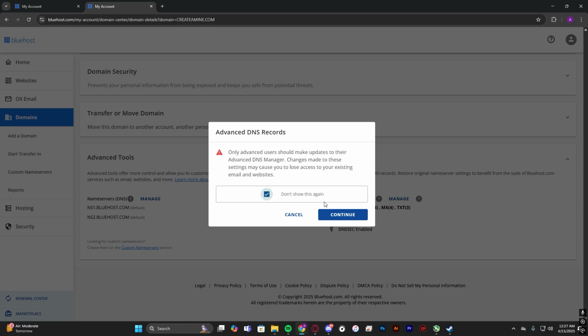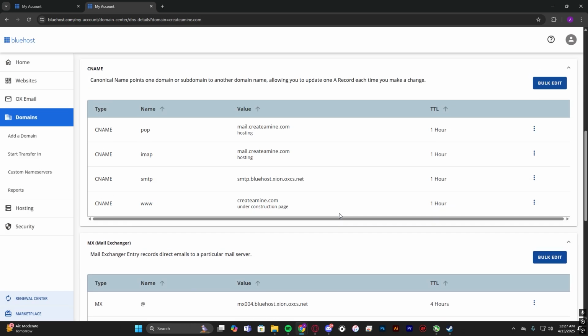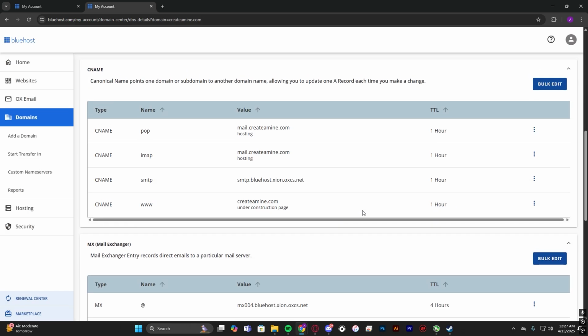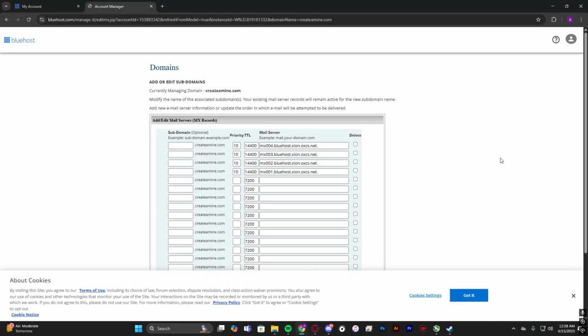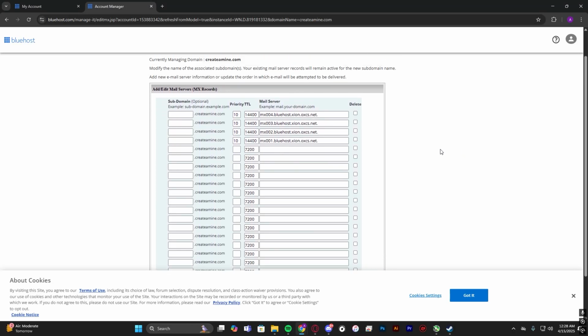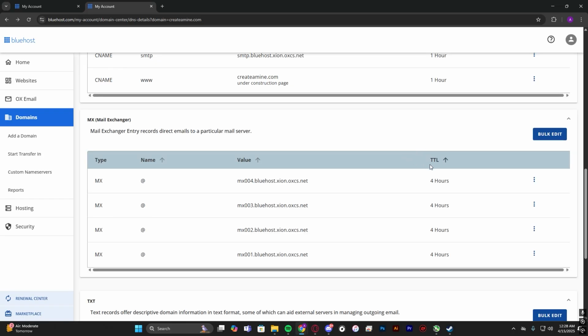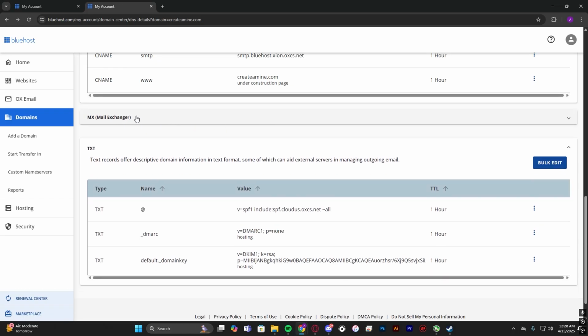Continue. Then we slide down. We click on bulk edit and we fill the information with the same information provided with our previous information,